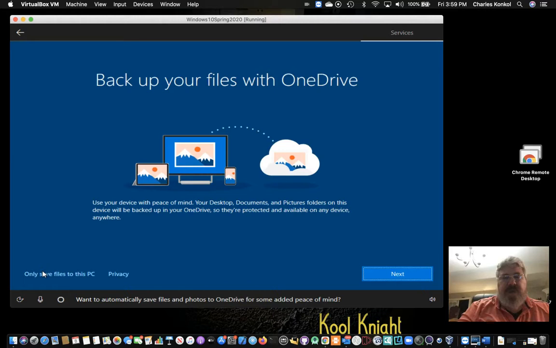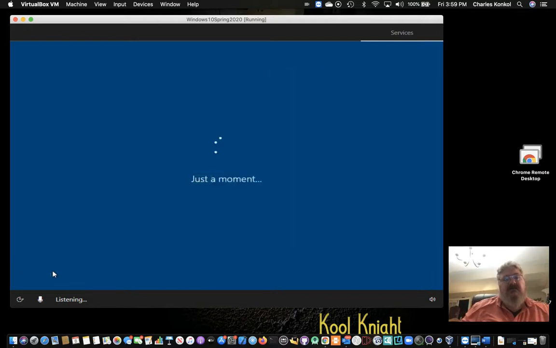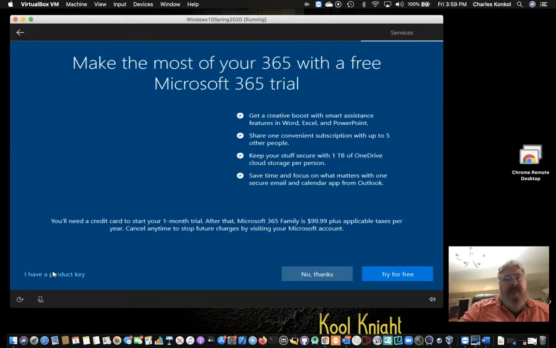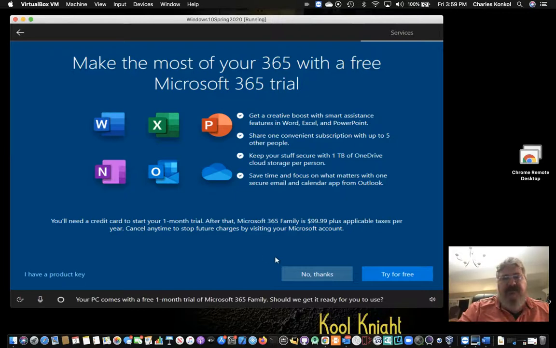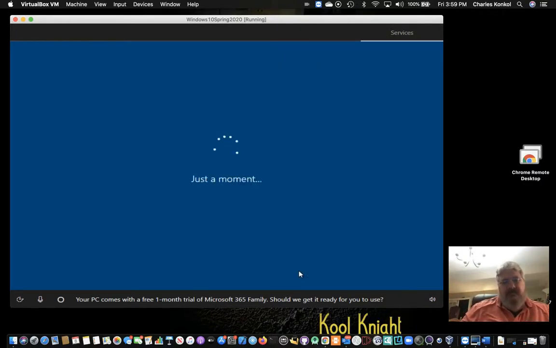Want to automatically save files and photos to OneDrive for some added peace of mind? Only save to this PC. No thanks on the 365. Your PC comes with a free 1-month trial of